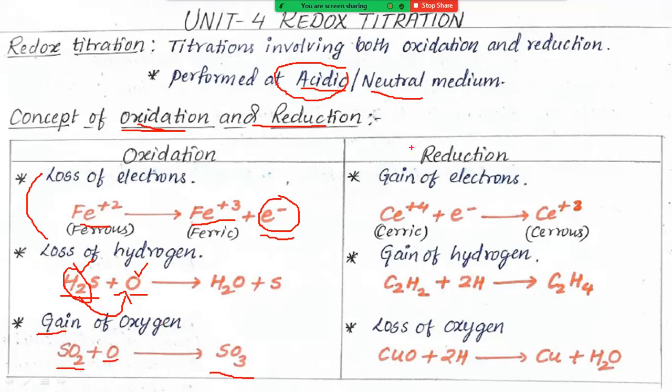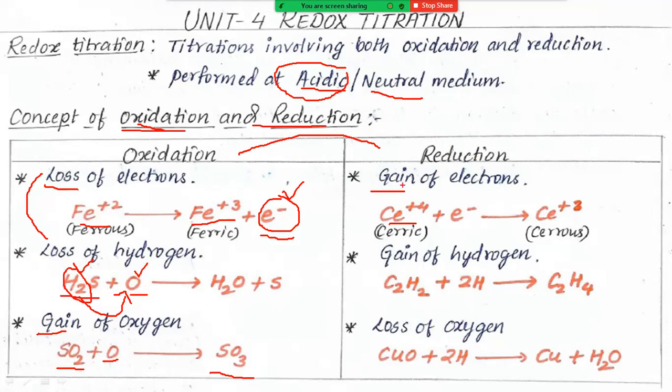Coming to reduction, this is completely opposite to the oxidation process. How is it opposite? In oxidation we can see the loss of electrons, whereas in case of reduction we can see the gain of electrons. Why? Because oxidation and reduction take place simultaneously at the same time. One molecule is oxidizing, meaning it is giving electrons, and those electrons will be accepted by another molecule. So reduction takes place at the same time as oxidation in the reaction.